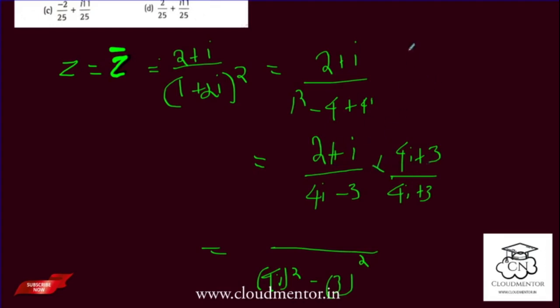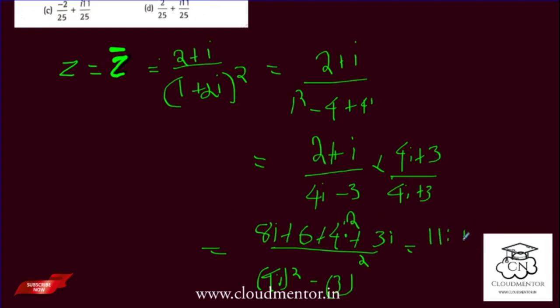And let's do it here. 2 multiplied by 4 is 8, and 2 multiplied by 3 is 6, and here i multiplied by 4 is 4i, and i multiplied by 3 is 3i. Here it is a mistake: 4i multiplied by 4i, so it is 4i square, by solving we get